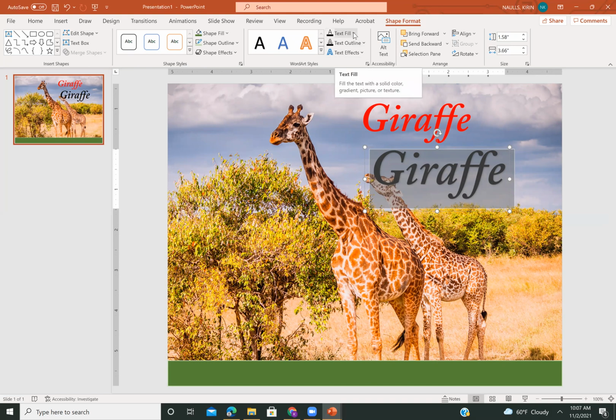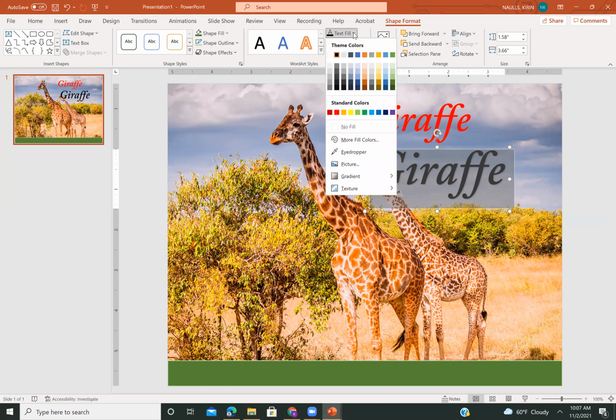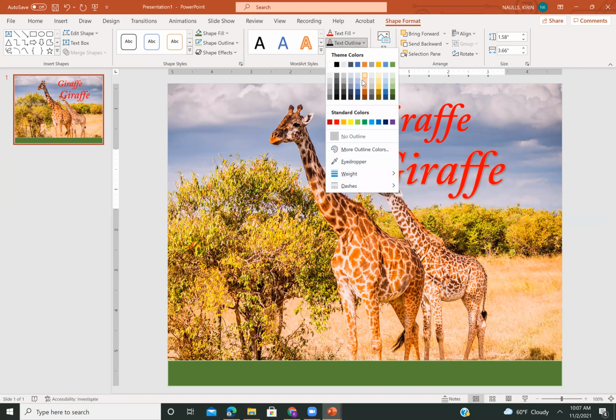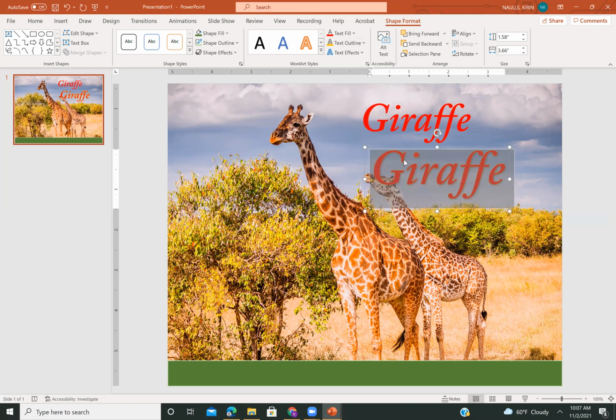So the word art has one additional thing that regular text doesn't have. I can change the fill color. Yep, I can make them both red, absolutely. But word art has an outline capability that the regular text does not have in a text box. So I can put the line